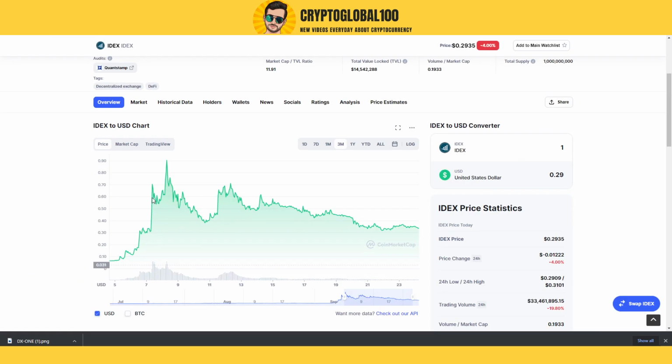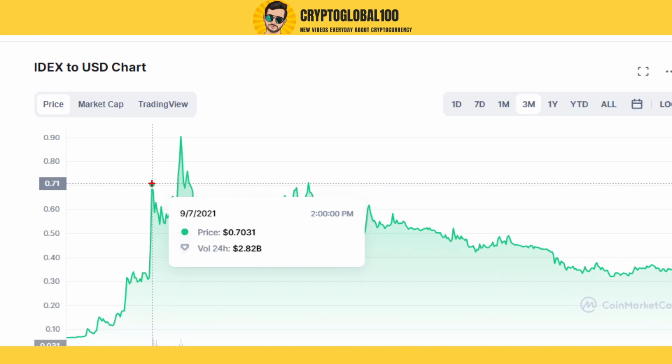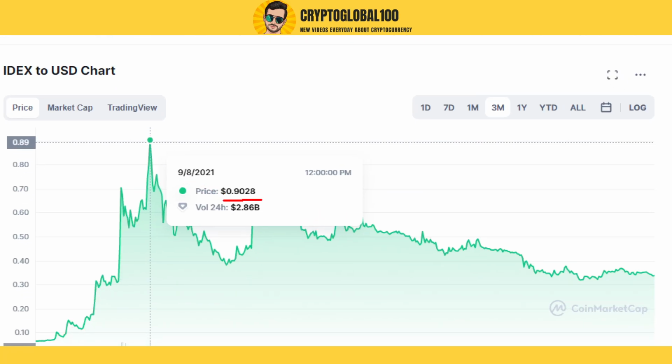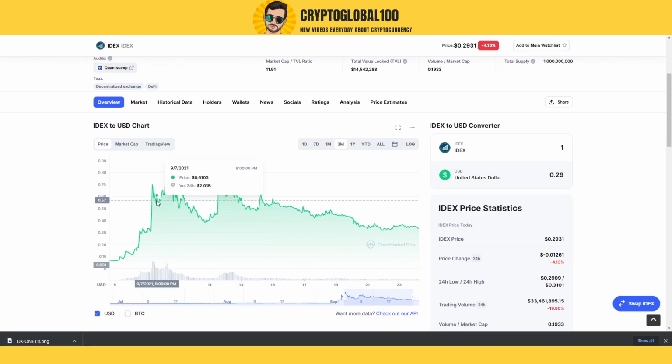Okay, first thing. Now the second thing, I'm going to compare the volume here. When it first made the all-time high, the volume was 2.82. The second time it made the all-time high, the volume was nearly the same. So you could see the comparison here. The volume was almost identical here and at this point. So you get the idea that the price is going to decrease afterwards because the volume was almost identical. Now let me show you the next one.